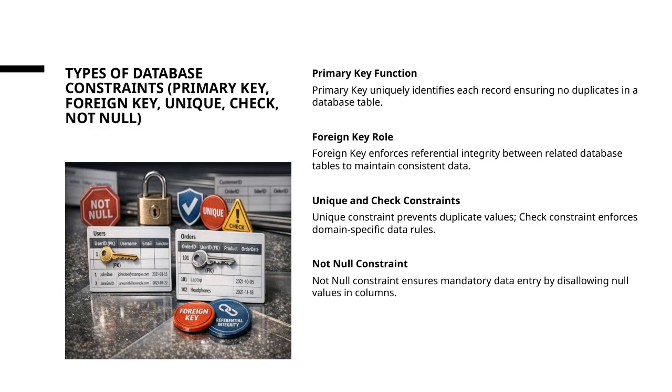A primary key uniquely identifies each record in a database table, ensuring that no two records are the same. This is crucial for maintaining clear and accurate data. The foreign key plays an important role in linking tables by enforcing referential integrity, which keeps related data consistent across